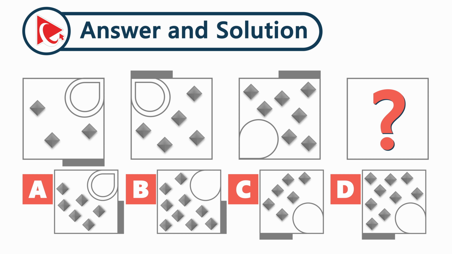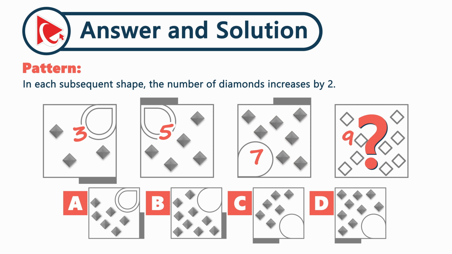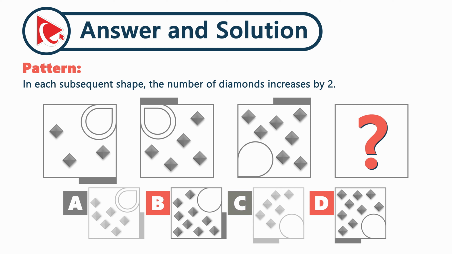Take a close look at the diamonds. You see that the number of diamonds increases by 2 in every subsequent shape. Let's look at the example. First shape has 3 diamonds, second shape has 5 diamonds, and the third shape has 7 diamonds, which means that the target shape will have 9 diamonds. Now let's look at the answer choices. This helps us eliminate choices A and C, but we still need to decide which choice is correct, B or